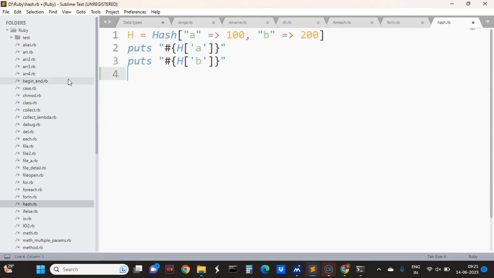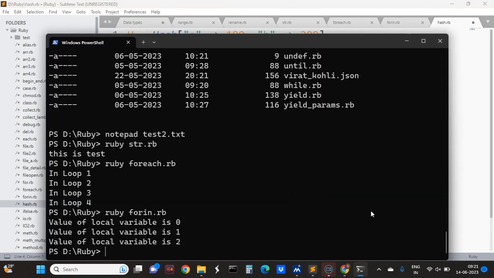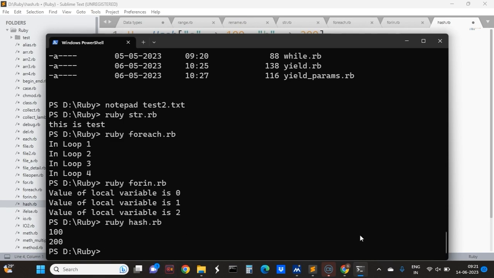So the Hash class is there. Inside that Hash class, there is the associative array. So you can see here A has become 100 and B 200. So the hash is stored in H. The hash of A and the hash of B are the output. So now we'll just run this program. So it has come 100 and